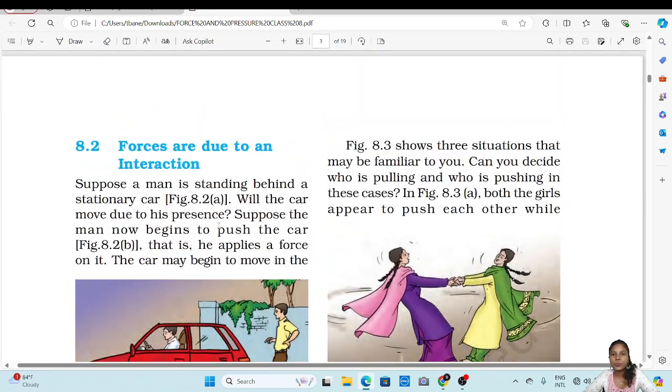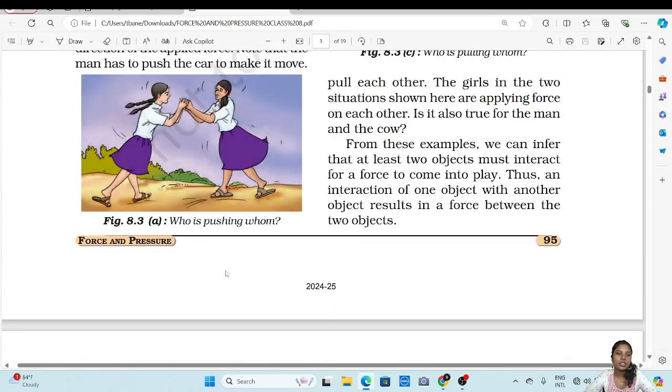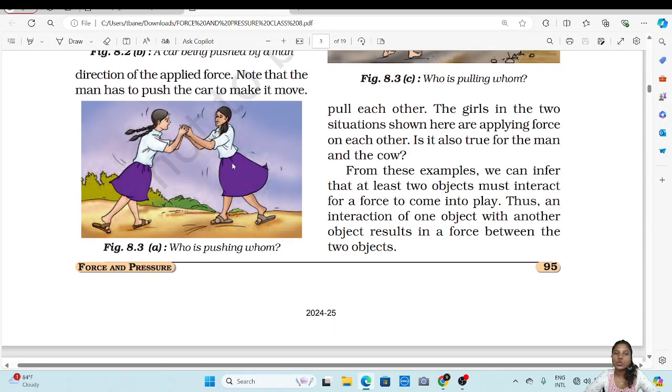Figure 8.3 shows three situations that may be familiar to you. Can you decide who is pulling and who is pushing in these cases? So now see here. In this case, who is pushing whom? Here, we can say that both are pushing each other. So there will be no movement happening in such cases. When the force is equal from both directions, there is no movement. And also, because the force is being applied in both directions, you cannot tell who is pushing